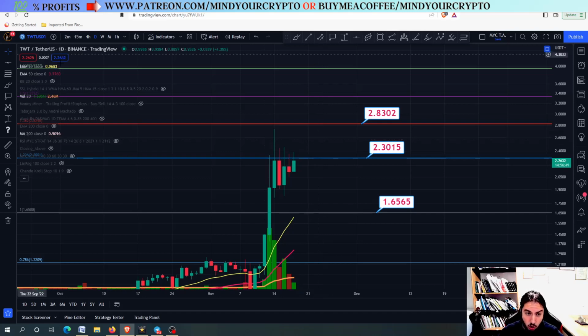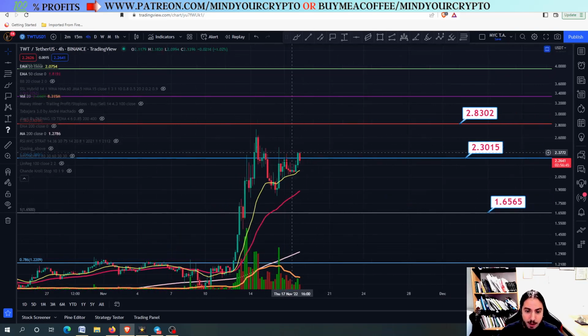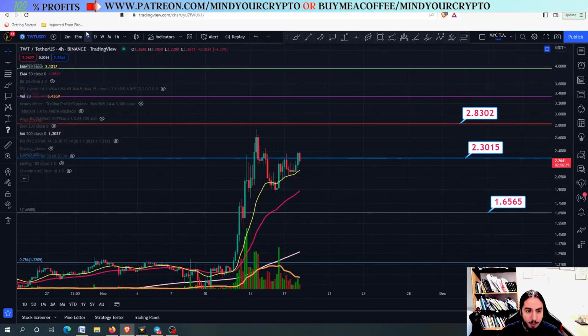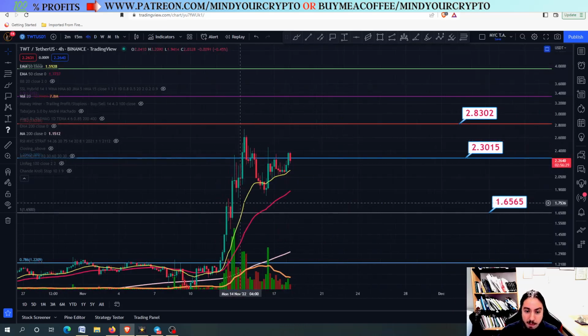I'm going to the lower time frames to explain what is going on. Personally, we got rejected in the daily frame. In the 4-hour frame, you can see that we closed above, but at the end of the day, the daily frame is what we want for it to close above. Anyway, despite getting rejected right here, we might be forming a bullish pattern.